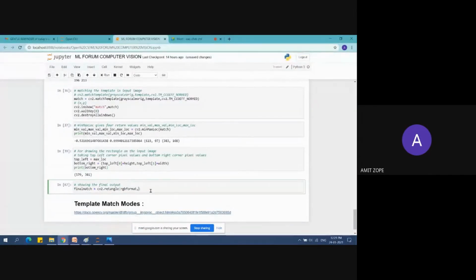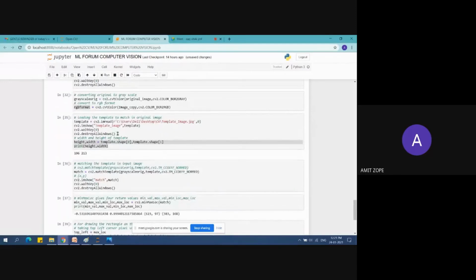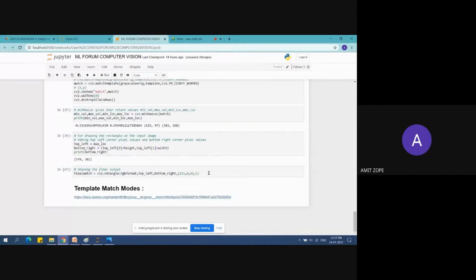Starting vertex is our top left, in tuple format, then the bottom right, and color is RGB, so we will give the red color, and the thickness is, let's say, 5 pixels, and show the image here.